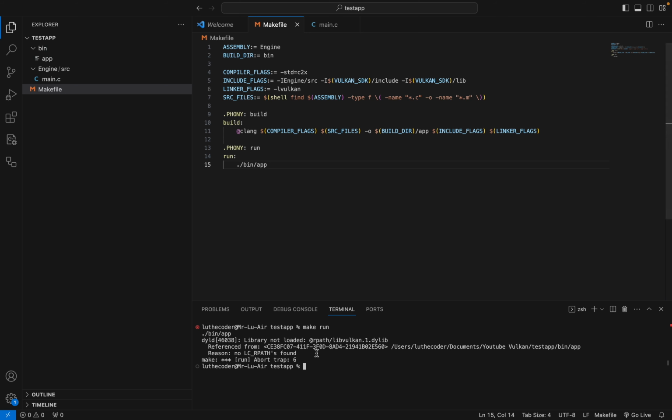It's going to try to look for the libraries that your app references, and it's not going to find any because of this relative path thingy. I assume the R stands for relative, I'm not 100% sure. So to solve a situation like this, number one thing that you can do is